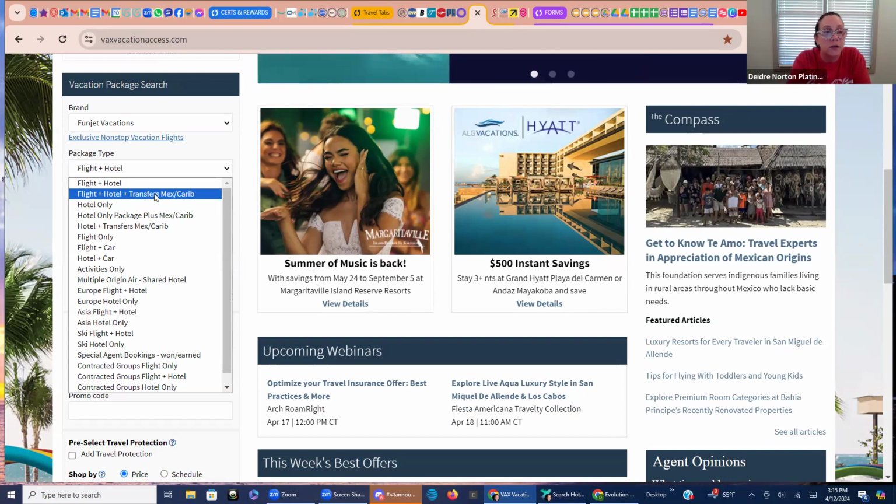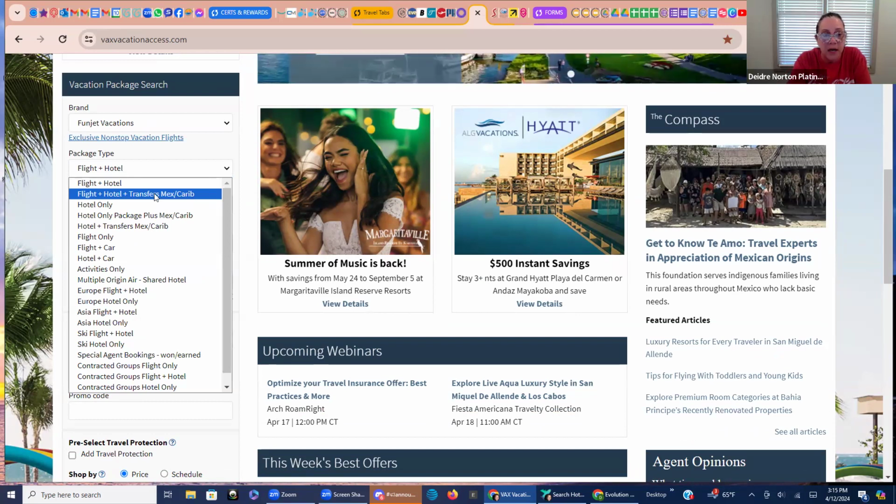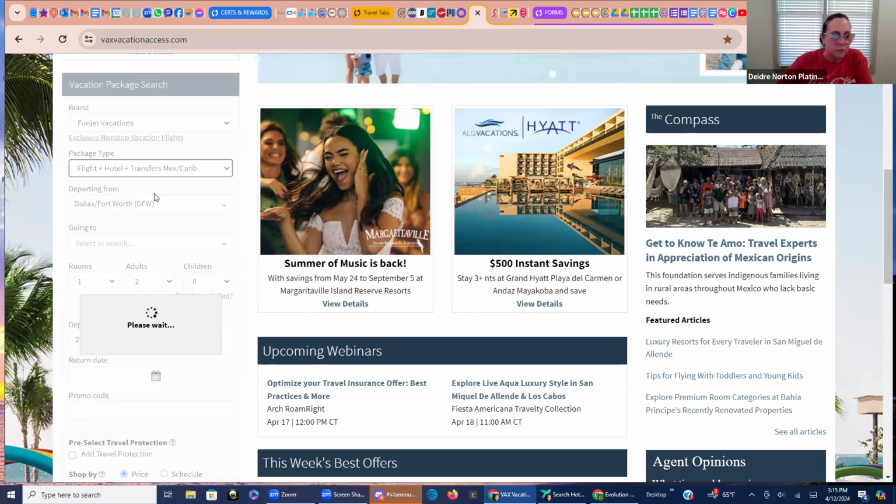You can look for hotels only in here. You can see here hotel only package. Plus, you've got hotel and transfers, flight only, flight and car, hotel and car, activities. Multi-origin you can do in here as well. As I said, we're not going to go real deep into this, okay? So let's choose flight, hotel,